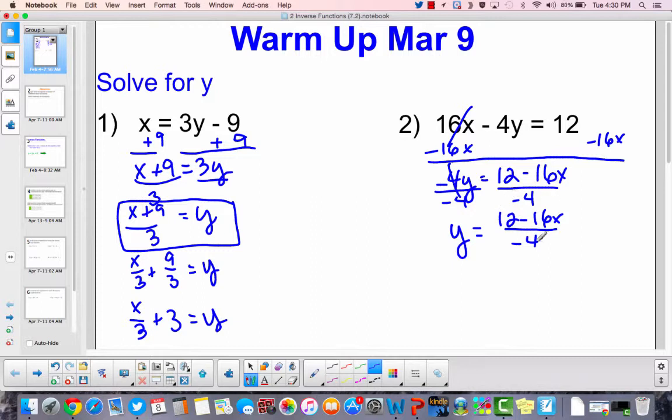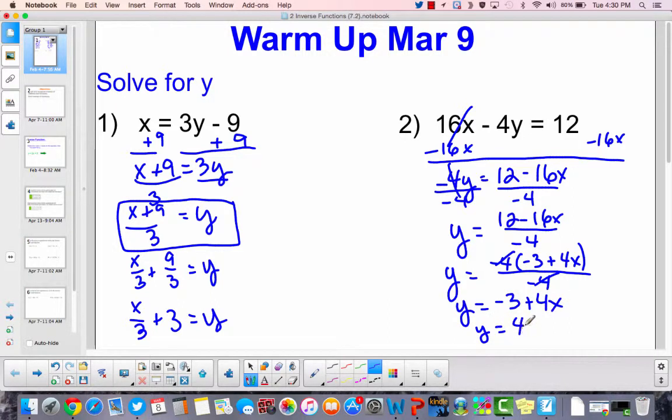Now, negative 4 will go into all three of those. So I'm going to factor a negative 4 out of the top. That will leave me with negative 3 plus 4x all over negative 4. And so we're going to cancel both of those. So we get y equals negative 3 plus 4x, or y equals 4x minus 3, whichever way you want to write it. Okay? All right, those are the concepts that we're going to use today to be able to talk